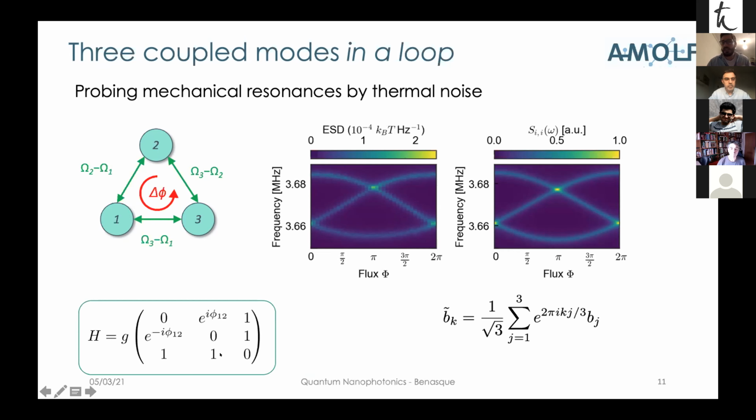In this case, it's just a simple generalization of the theory above for 2 modes, but now it's a 3x3 Hamiltonian. And an interesting bit is that now the eigenstates of this system can be diagonalized in the momentum basis, and the phase differences between each of these eigenstates is 2π/3. So it's actually not either 0 or π, as I mentioned in the second slide. It's non-trivial, which is another proof of time reversal symmetry breaking. These phase differences we can also measure independently by means of correlations, which I won't show here due to the